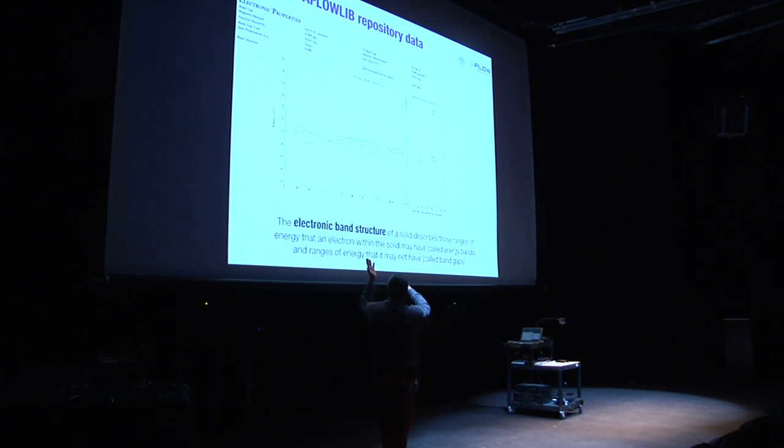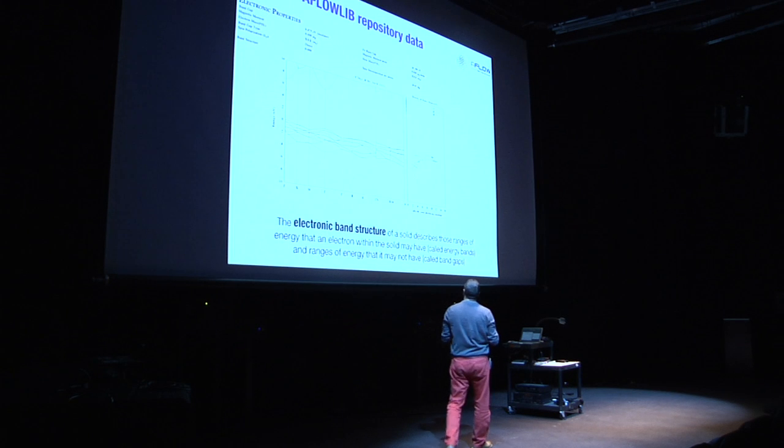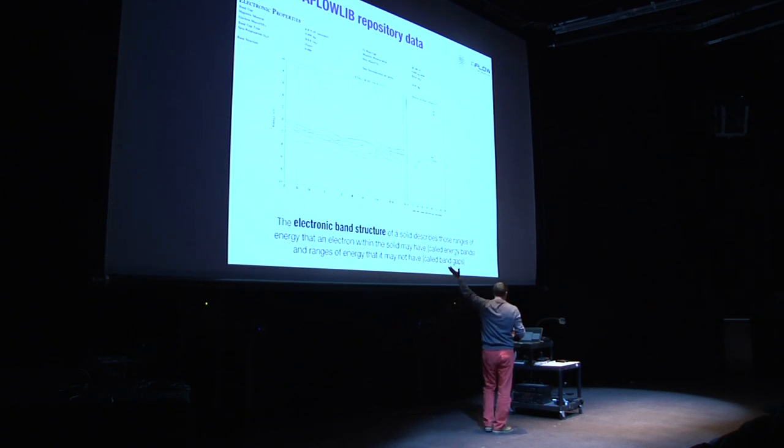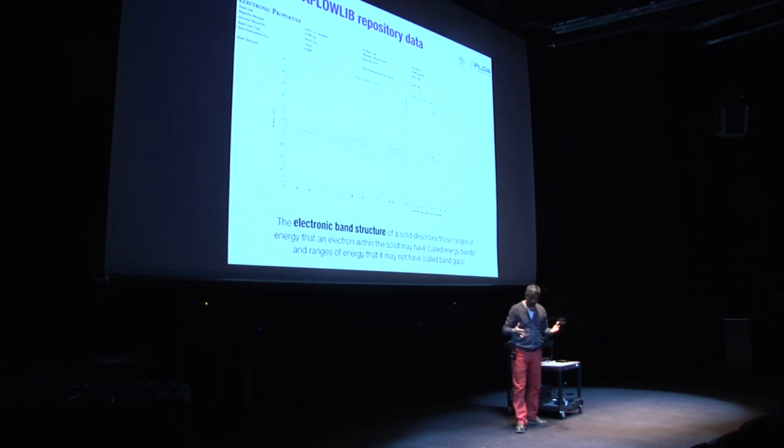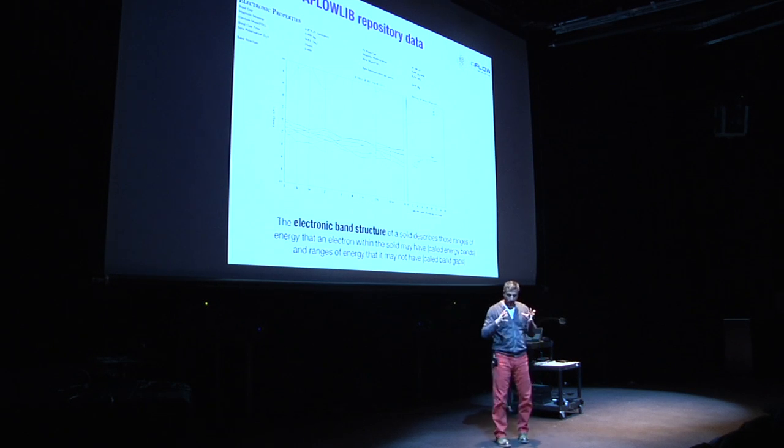For a musician, this looks like a very polyphonic structure. You have a lot of lines that you can immediately associate with melodic lines. Although these are properties that determine what a material can be used for, and so they have a very important role in the development of applications. Now, why do I want to do this?